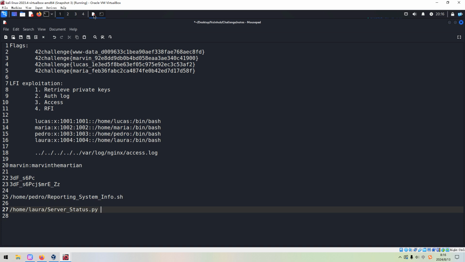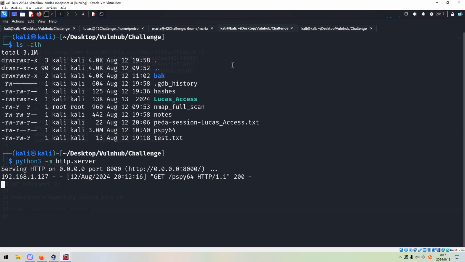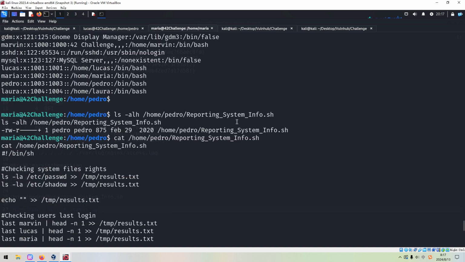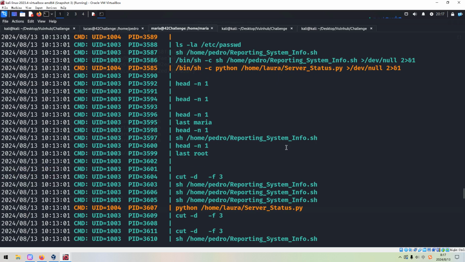And also, I think another script we can manipulate is the Python one. Afterwards, we can take a look at this Python script, because this Python script is executed by which user? I think this should be maybe Laura, the last normal user.